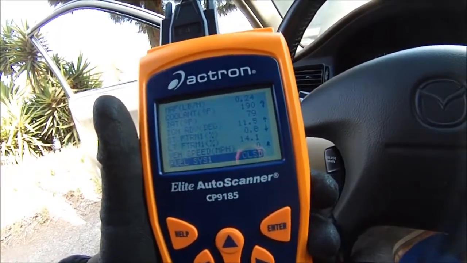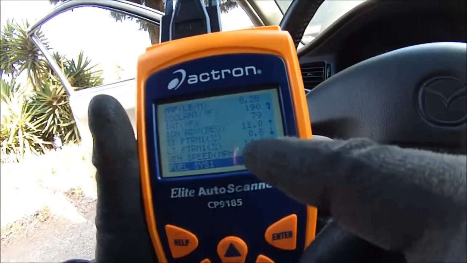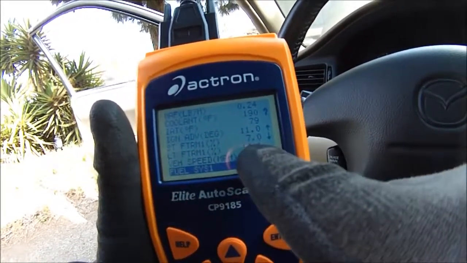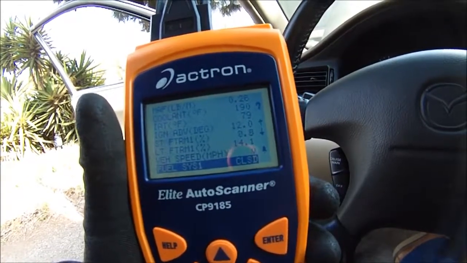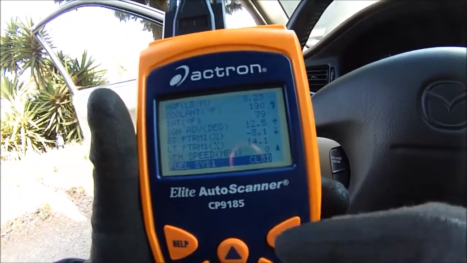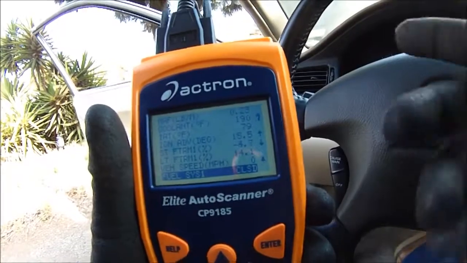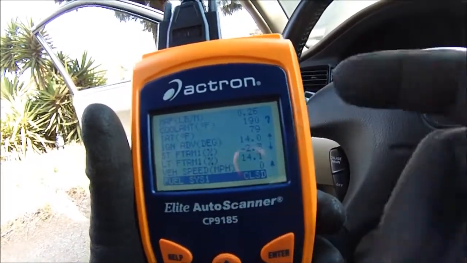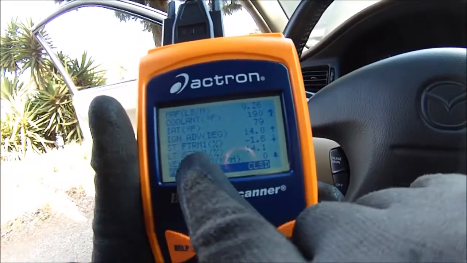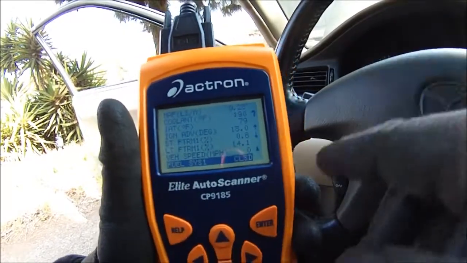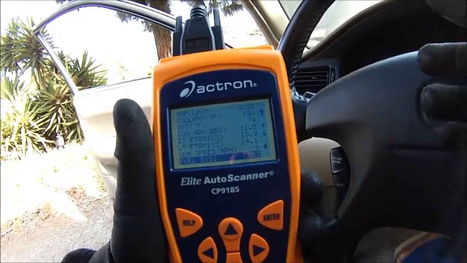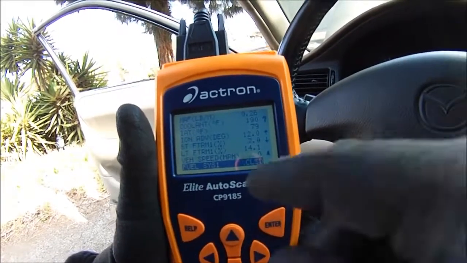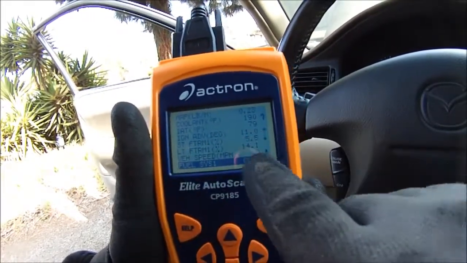My suspicions are that this car has a vacuum leak. Why do I think that? Because this 14% is what the computer is telling to compensate for the amount of air that's going inside the engine. There's too much air in the engine, so the computer is telling the long-term fuel trim to dump more fuel into the combustion process in order to get the short-term fuel trim down.